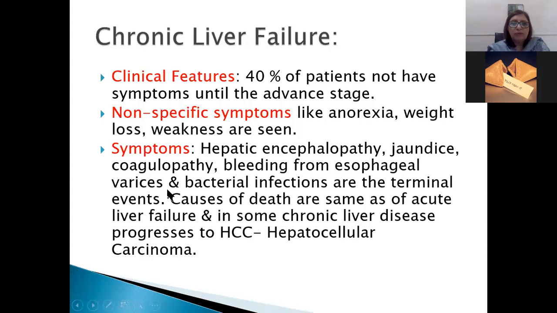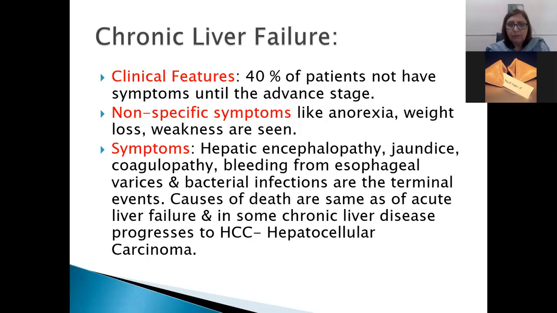Esophageal varices, I'm going to explain to you. Esophageal varices are the formation of collateral blood vessel channels which are formed because of portal blood flow shunting, and they are blood vessels which are formed around the esophageal end of the stomach. They can bleed, sometimes massively, leading to shock, and the patient can die because of that. I'm going to explain it one by one when I discuss portal hypertension.